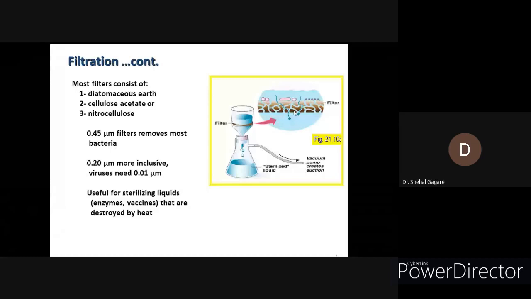Now, what is a pore size? Usually, we are using a pore size of 0.22 micrometer. So, if we have 0.45 micrometer, then most of the bacteria are removed. And 0.2 micrometer is also not enough to filter viruses. So you need a pore size of 0.01 micrometer to filter out the viruses. This is done in most of the research labs. In our education,